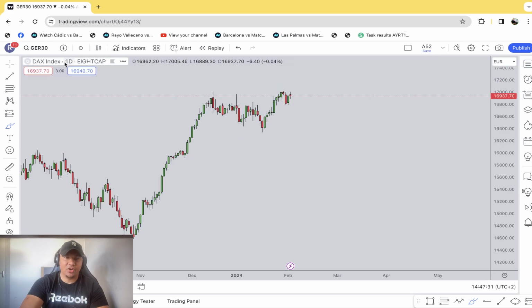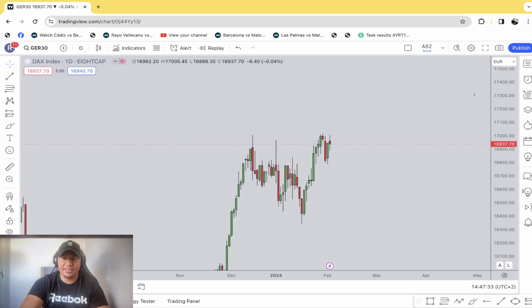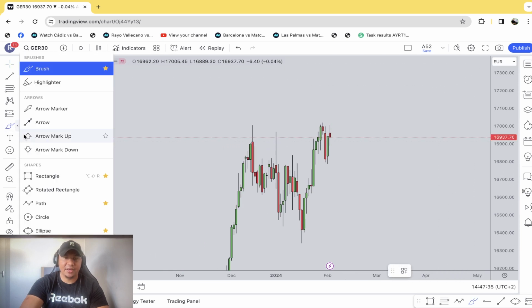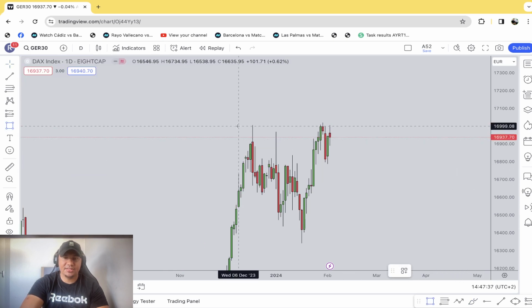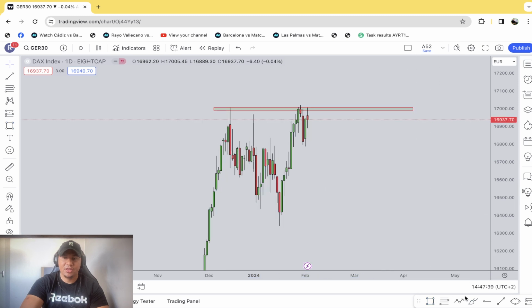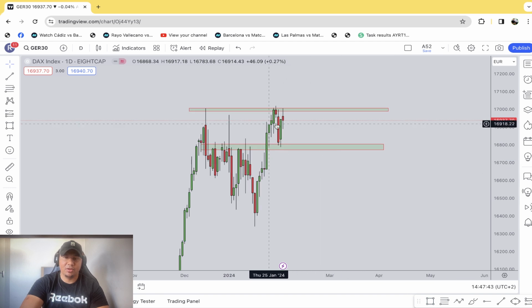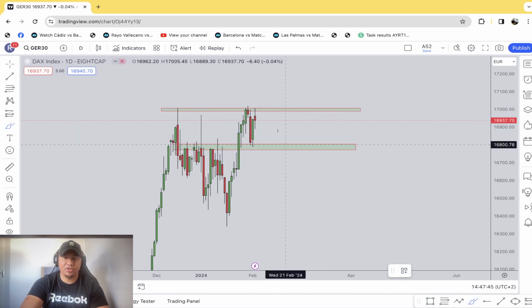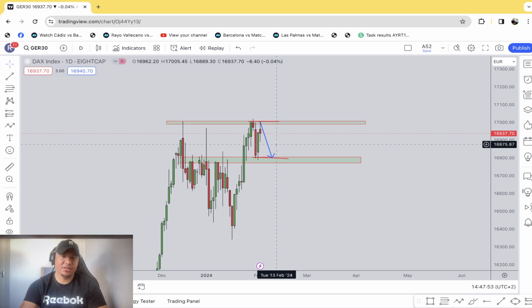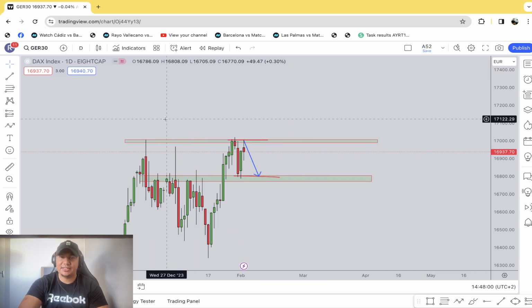Next up, we have the German 30 index. This market clearly did not break above structure, and you can see here once again we are trading in strong bullish territory. We are trading above structure. So by all means, again, this could be the start of a consolidation. We have a resistance, support. So for now, I'll probably expect this market to pull back. And then from there, I'll just monitor the price action and give you guys another update if there is anything related to the index. That is it from my side, guys.